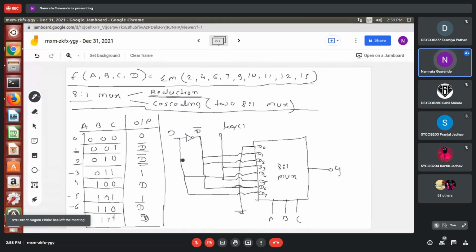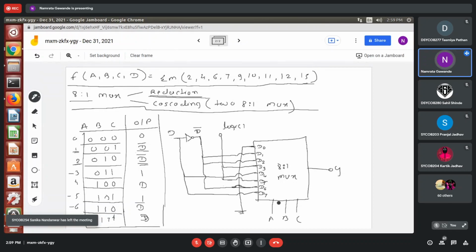Fine. So accordingly here, the only difference between the previous example and this example is that we have used the reduction method, where we have reduced the truth table from 16 inputs to 8 inputs. Now here you can see you are getting the output in terms of the last select line, that is D, that we have eliminated and placed in terms of output. So we have taken one, D as the input, D bar as output. Wherever we are getting D bar as output, there we have connected those data inputs. Wherever we are getting the output as D, there we have connected this D directly.